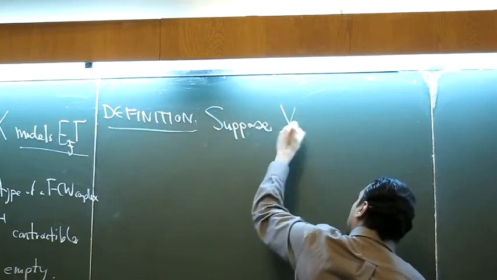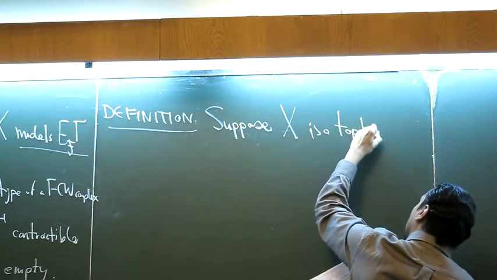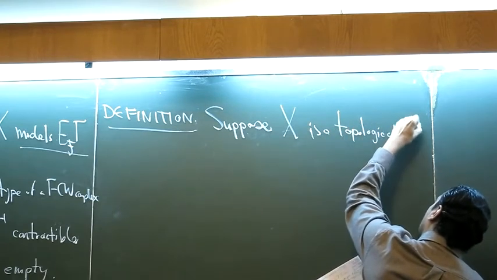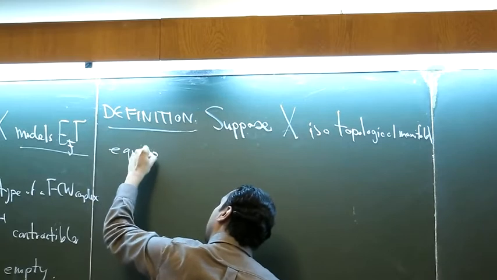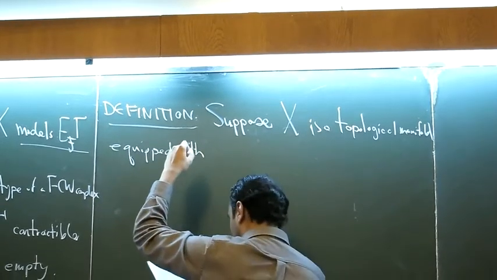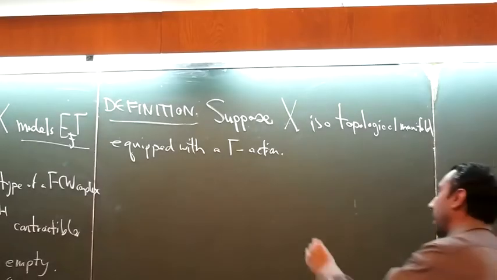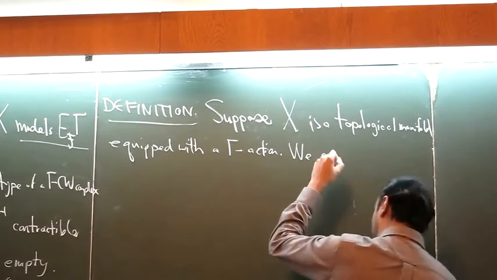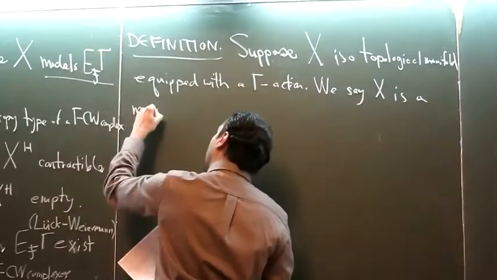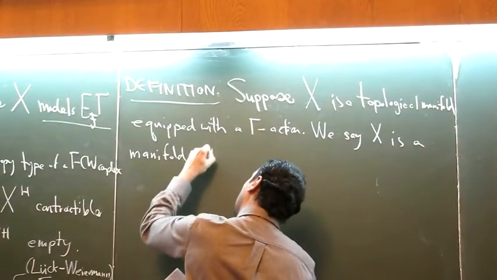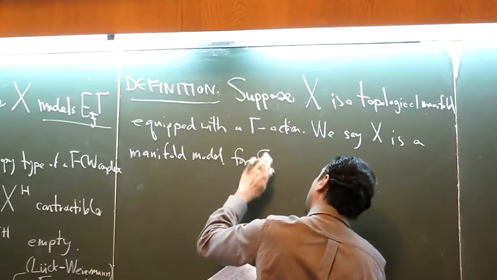Suppose X is a topological manifold, not smooth, just topological, equipped with a gamma action. We say X is a manifold model for E_F gamma